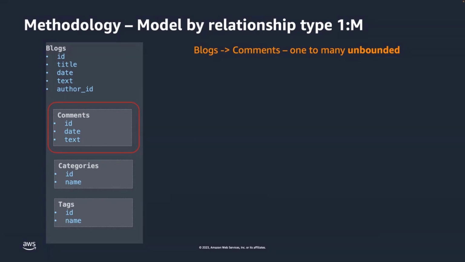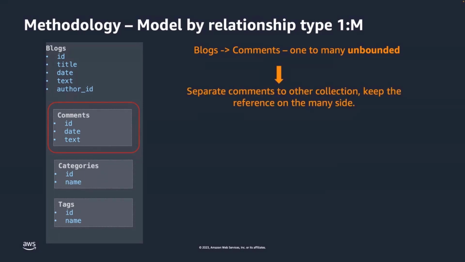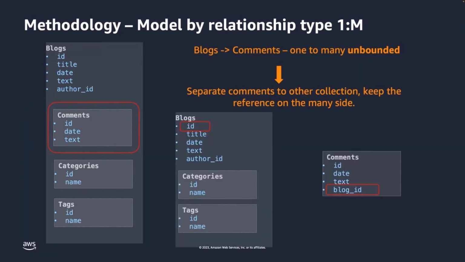When the relationship between two entities is unbounded, it's recommended to separate them into different collections. In this case, the relation between blogs and comments is one-to-many unbounded. To track the relationship, you store the blog ID in each comment document associated with the article. In other words, storing it on the many side of the relationship. You'll have to do more queries, as you need to retrieve the comments for a blog from a different collection or use a join. But this way, you'll avoid having extremely large blog documents.